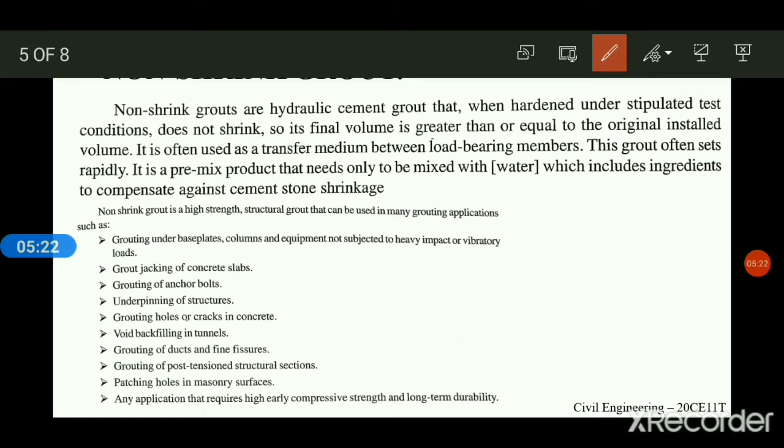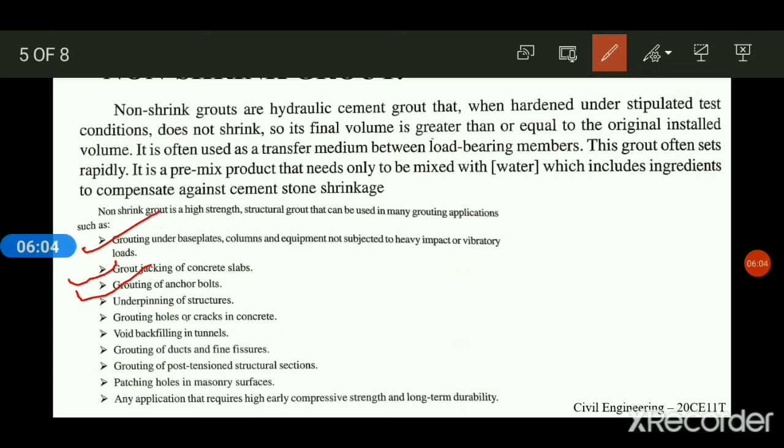Non-shrink grout is a high strength, structural grout that can be used in many applications, such as grouting under base plates, columns, and equipment not subjected to heavy impact or vibratory loads, grout jacking for concrete slabs, grouting for anchor bolts,